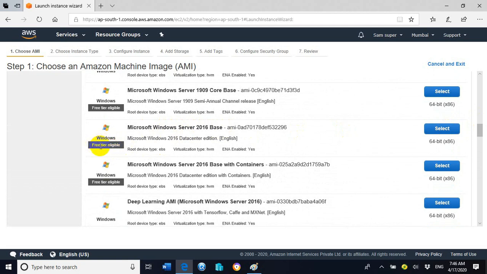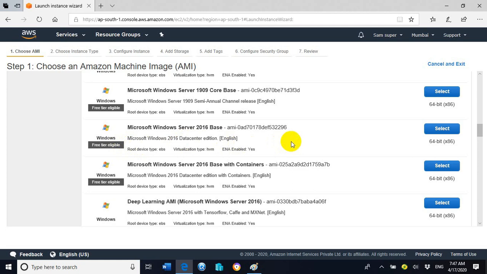So it should be free tier eligible because we took a free tier subscription for 1 year. If we choose another one apart from the free tier eligible, it will be paid and you need to pay extra money to the AWS Amazon.